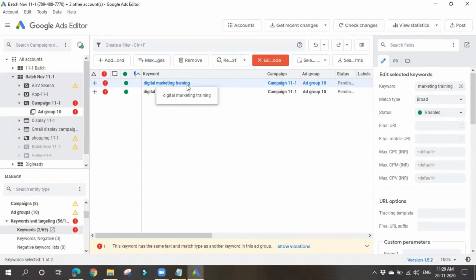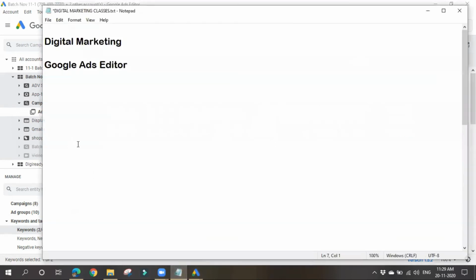So see, there is the same text. No need to have the same text here. So always remember while writing keywords, why are we using phrase match, exact match and all? In order to reduce the number of keywords.